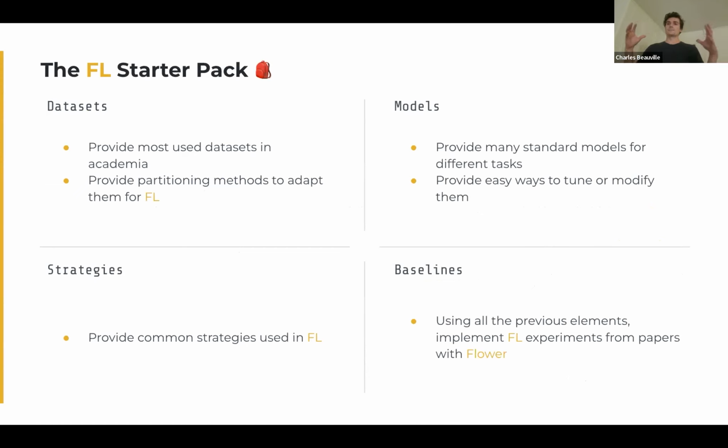This is all under the umbrella of the FL Starter Pack, which is an initiative we're trying to launch. The idea behind this is to provide the community with a set of datasets, so popular datasets that are often used in academia, and also to provide methods for partitioning that allow us to adapt them to the FL settings. Also to provide models, so standard models for different tasks that will work with those datasets. And then using the strategies already implemented in Flower, we will be able to create the baselines with those elements just put together. So for instance, as I talked about earlier, the FedAvg paper, we can just take the dataset from MNIST and then the CNN model that we want,